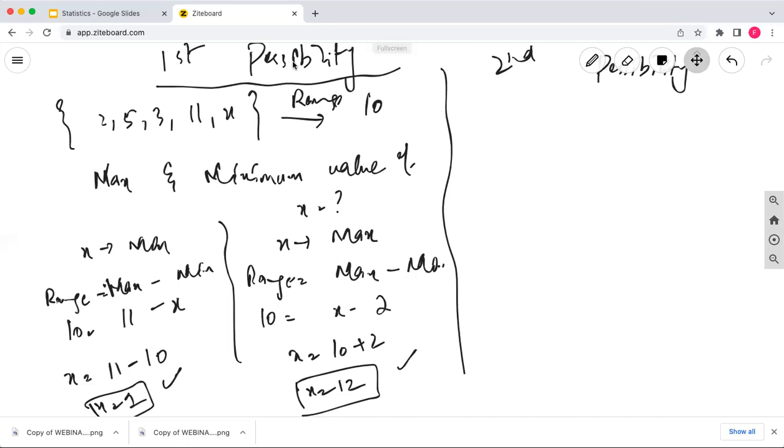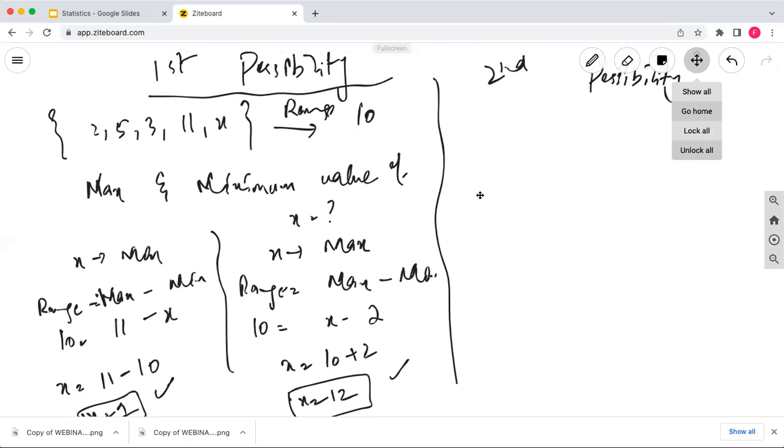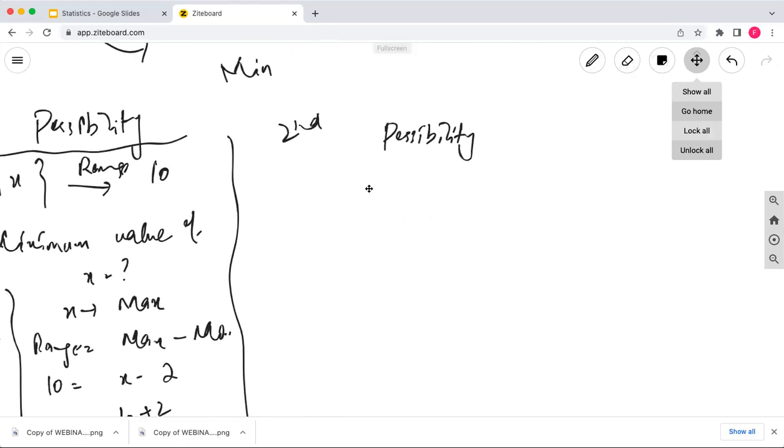No, I'm asking you to find the minimum and maximum value of x. If x is in the middle, that x must lie between 12 and 11. I'm just considering x for the time being as the minimum and maximum value. And the way you're asking, that will be considered in the second scenario. And for example,